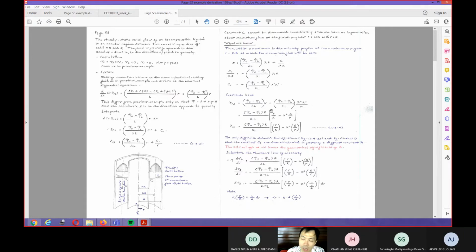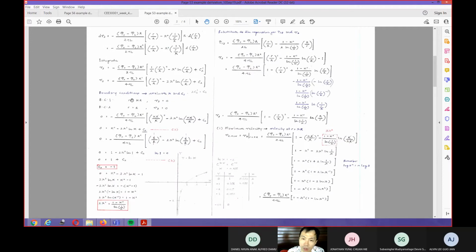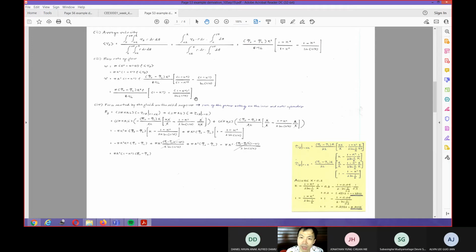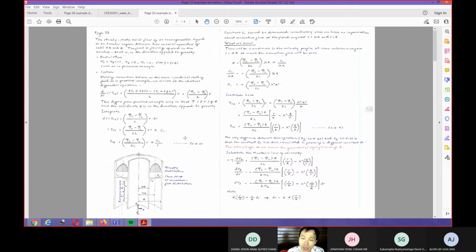So when you solve, you use two boundary conditions. With this boundary condition and that boundary condition, you get everything. Once you get everything, you can get the average velocity and the mass rate of flow. And then I went through with you that we validate the velocity distribution profile, which in the beginning we don't know, and we also validate the momentum flux distribution.